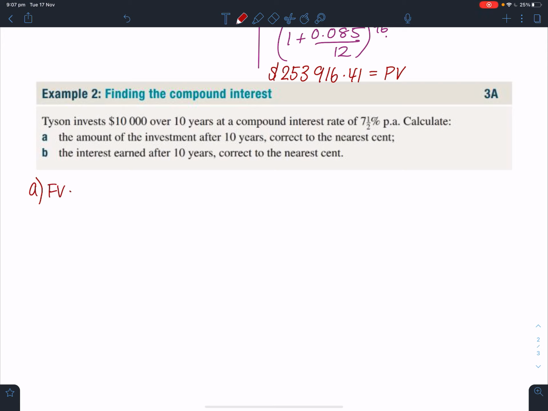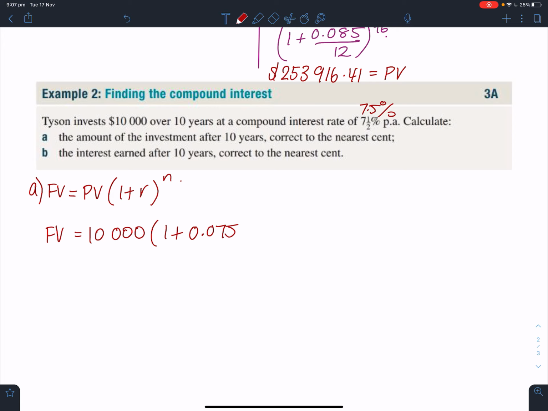future value equals present value times (1 plus r) to the power of n. So we're finding future value. We're investing $10,000. 1 plus my rate is, so 7.5 is 7.5%, so 0.075. Now they don't say anything about how many terms, so we just take it annually to the power of 10. Okay, so if you put that into a calculator, you'll get